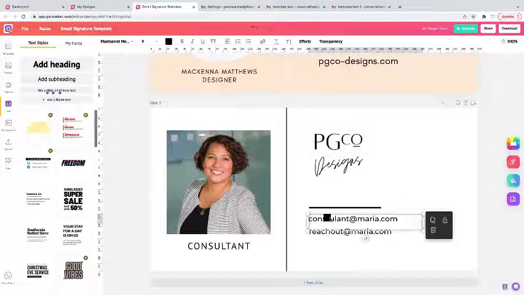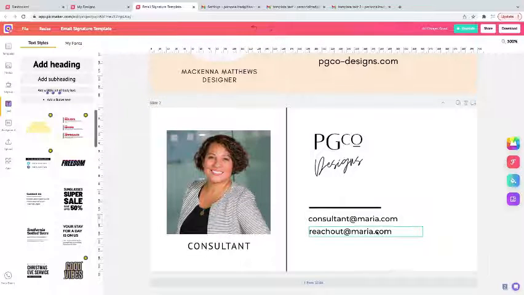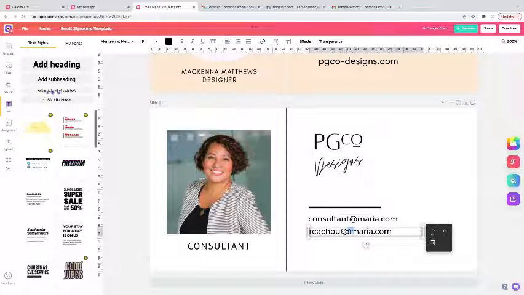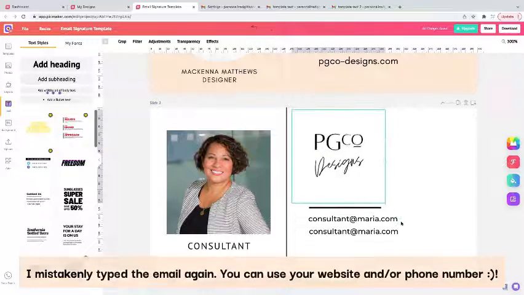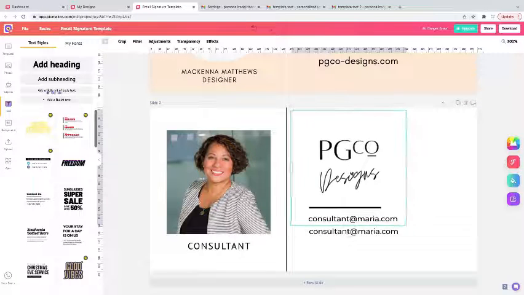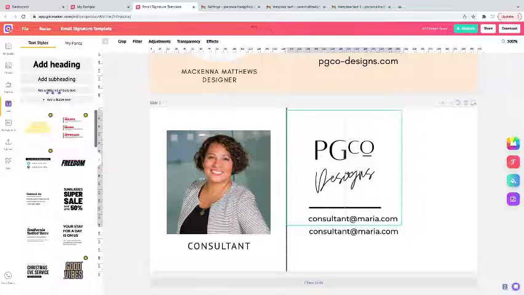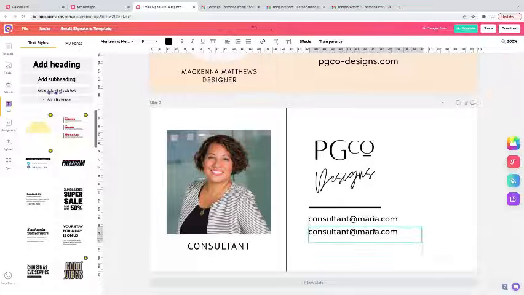But for now, we're gonna leave it at just email and website. Okay. So go ahead and put your contact information that you want there. Okay, and then let's just align that up, make that a bit bigger